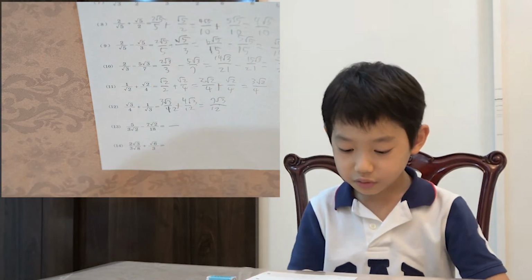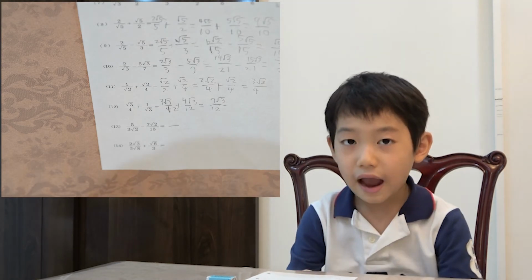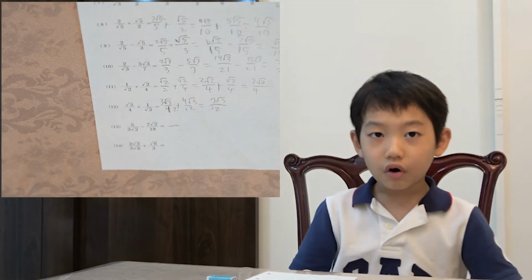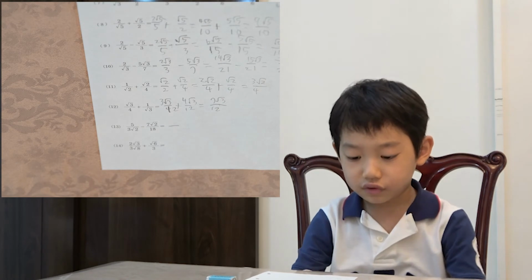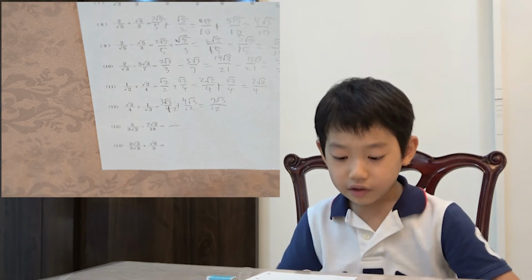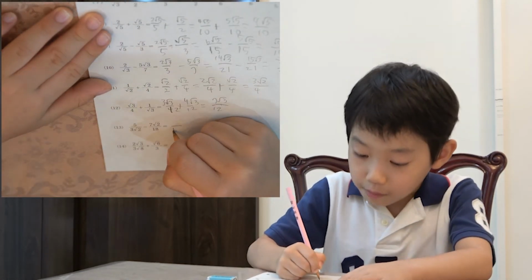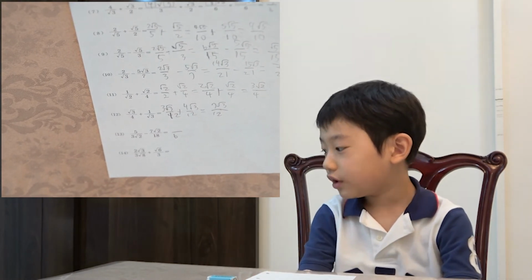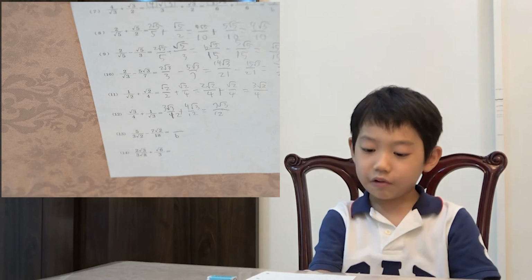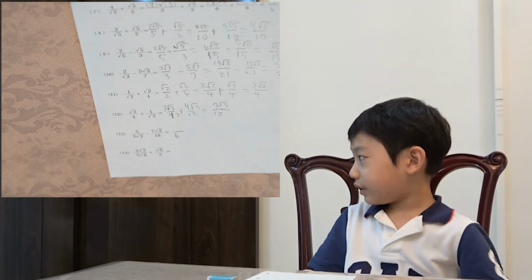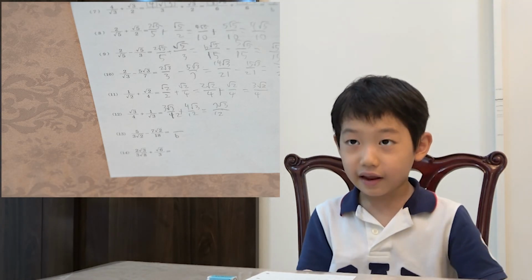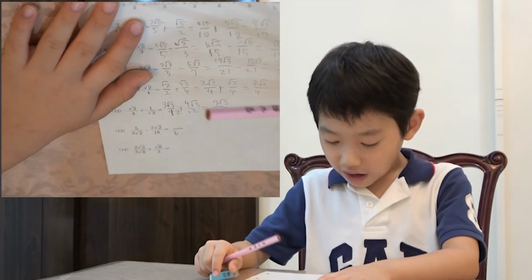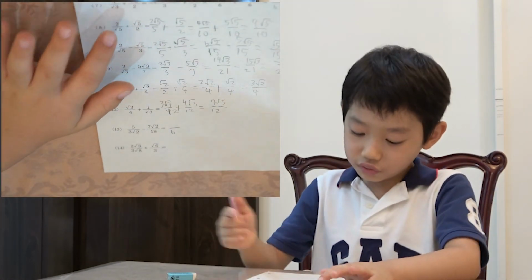You just need to times the square root of 2, and then it'll turn into this, because square root of 2 times square root of 2 is 2. So it'll be 6, because 3 times 2 is 6, and then 5 times square root of 2 is 5 square root of 2, and then minus